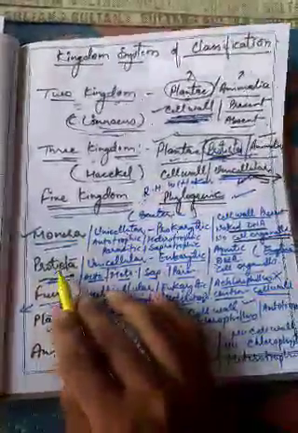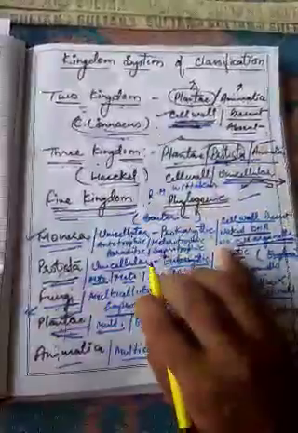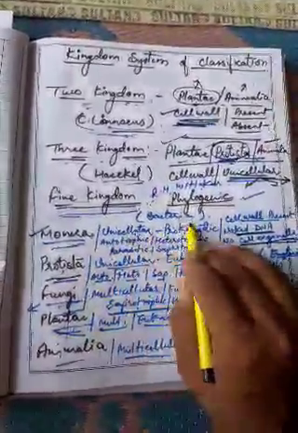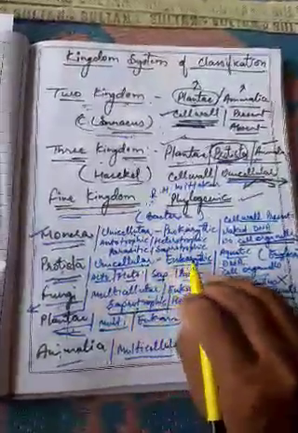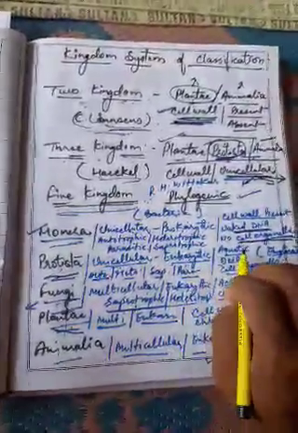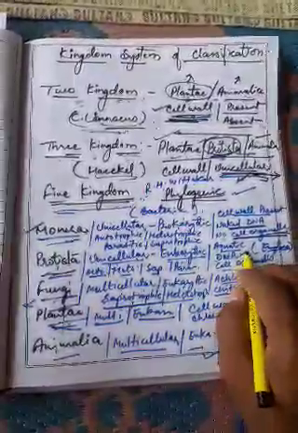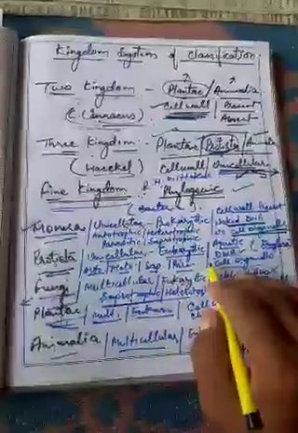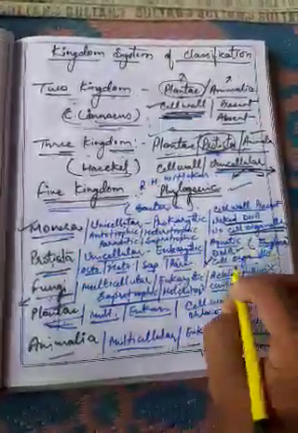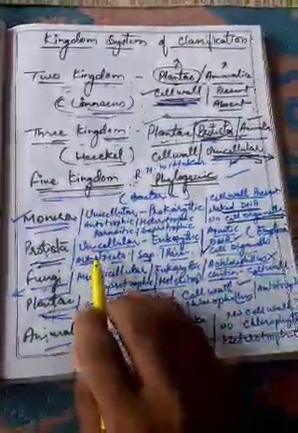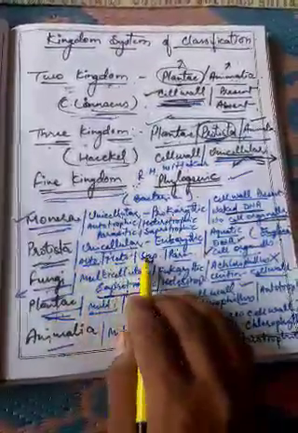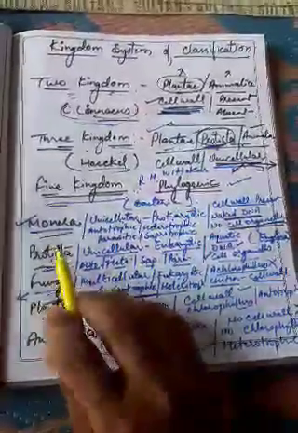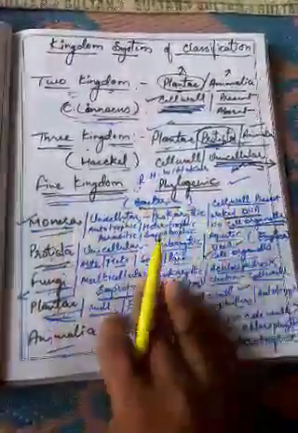Protista, in which he kept all the unicellular eukaryotic organisms. In Monera, he kept unicellular prokaryotic. In Protista, he kept unicellular eukaryotic organisms. They were aquatic. They had well-defined DNA enclosed inside a nucleus, and they had all the double layered cell organelles also. They were autotrophic, heterotrophic, saprotrophic, and parasitic in nature. The example of Protista is Euglena, the example of Monera is bacteria.